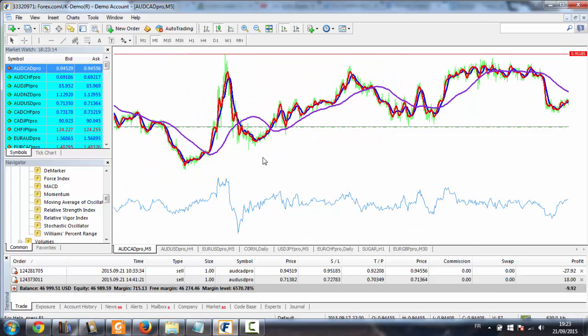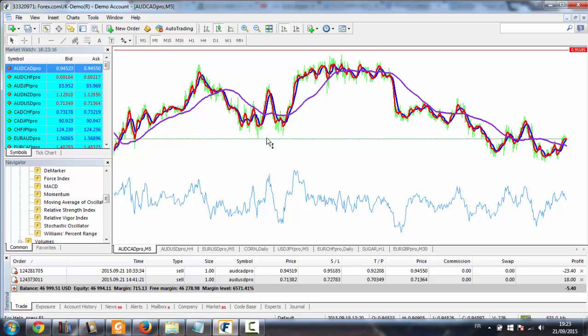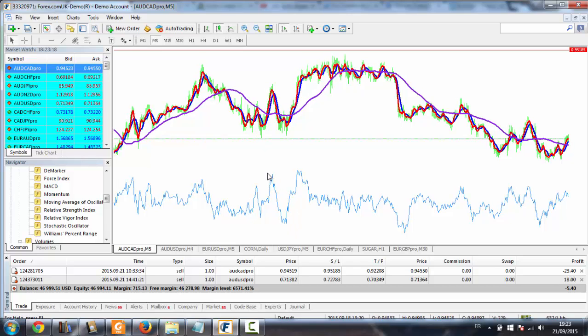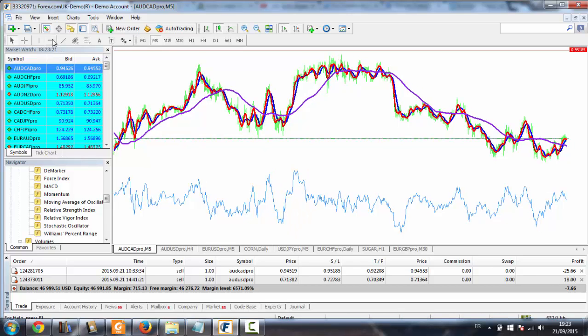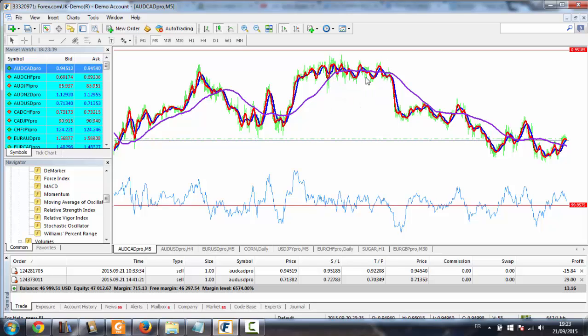So here just look for the momentum. It must be in the overbought and oversold places. For example, here we have an overbought momentum here. The momentum displays an overbought state, so it's gonna be a good trade if we enter the market here, because here we have an overbought